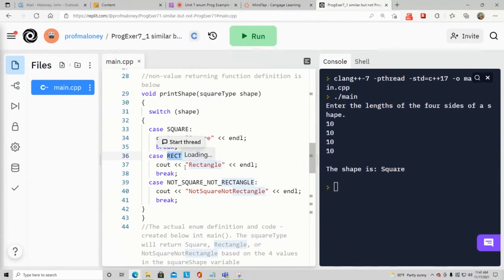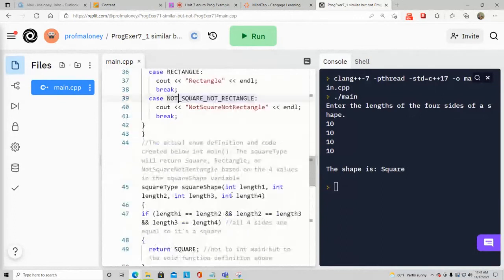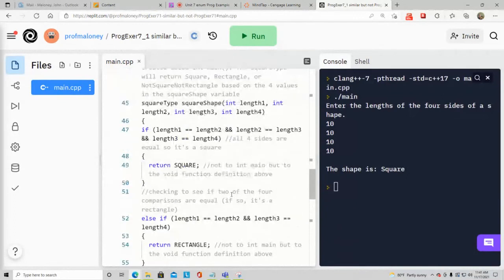It's not returning it anywhere else. It's just typing it out with a cout statement. And that's perfectly fine. Remember, that's what a void does. Okay, and then not square, not rectangle returns that, all right? Now I know I did that fast, on purpose fast, but I think we accomplished